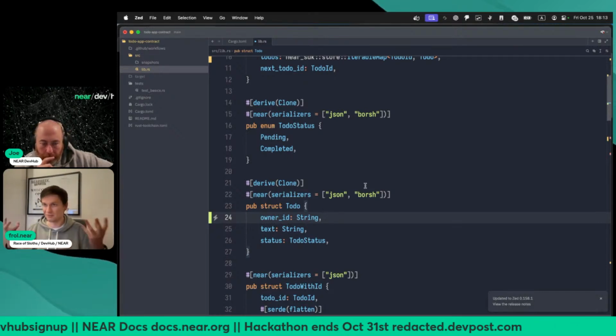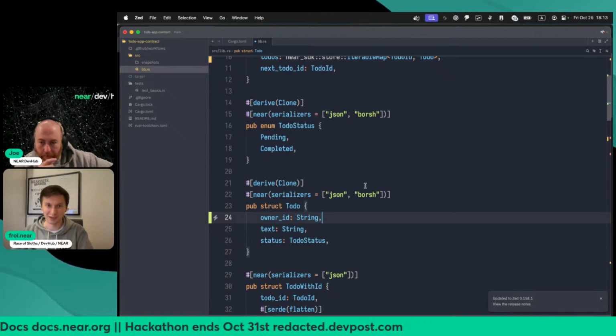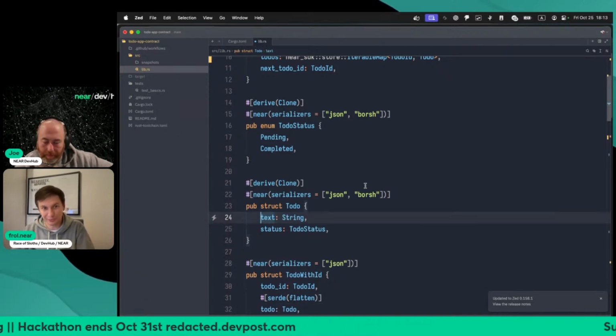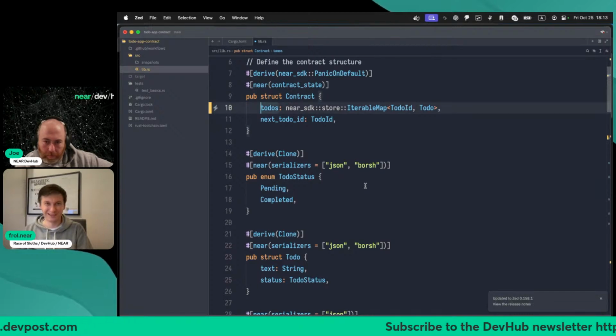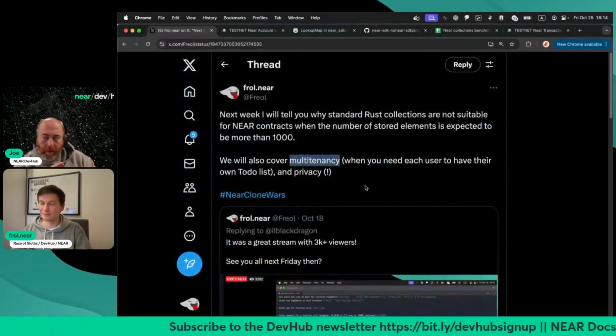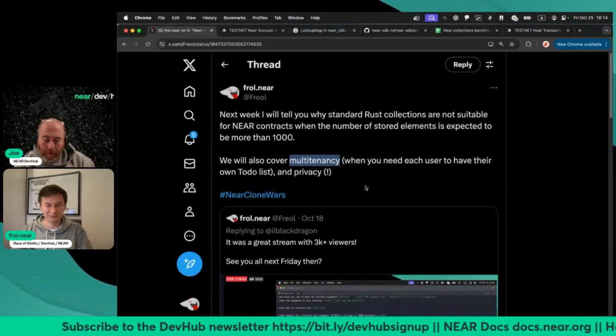So nothing unique here, but I just wanted to highlight that you need to pick your type of